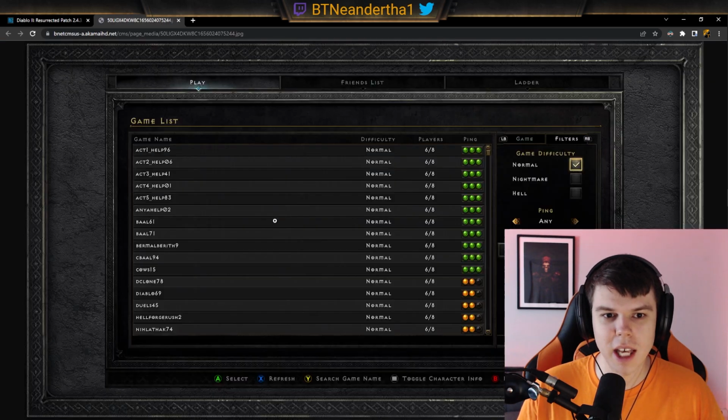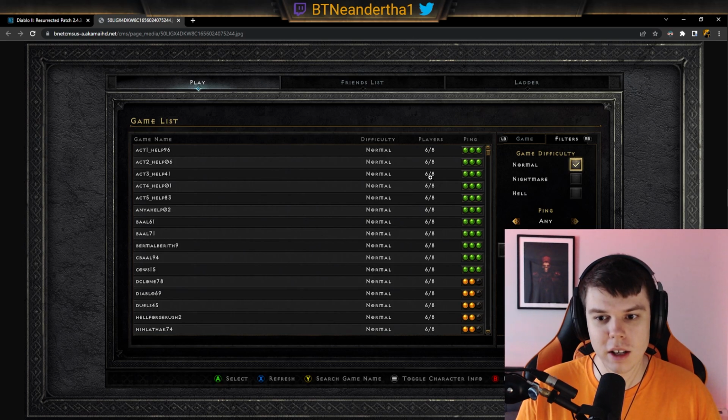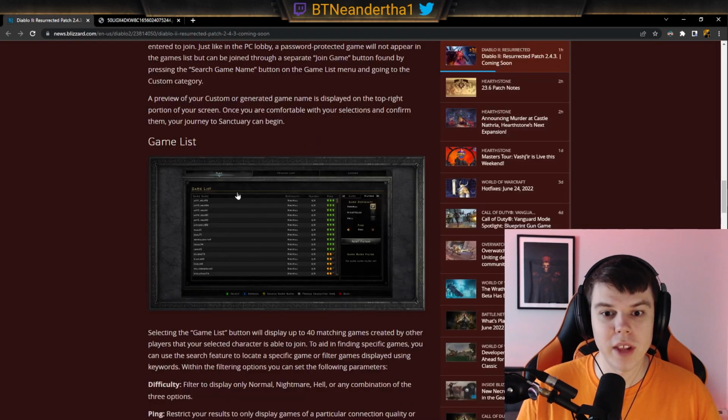For the game list, this is kind of what it looks like here, where it even gives you a display of ping, the amount of players, the games that you have, normal difficulty, whatever difficulty it is. And then